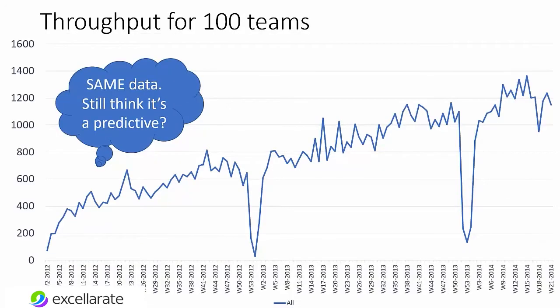But the problem is, this is the exact same data. Rather than being plotted cumulatively over time, which is often what we use for forecasting, you can see that it doesn't look very predictable anymore. It's got these huge troughs. It's got these huge ragged edges. And even if we wanted to pick a trend line to forecast what a future value will be,